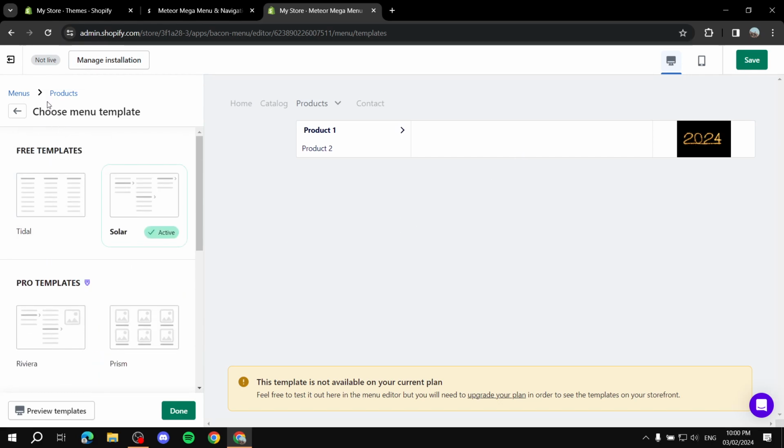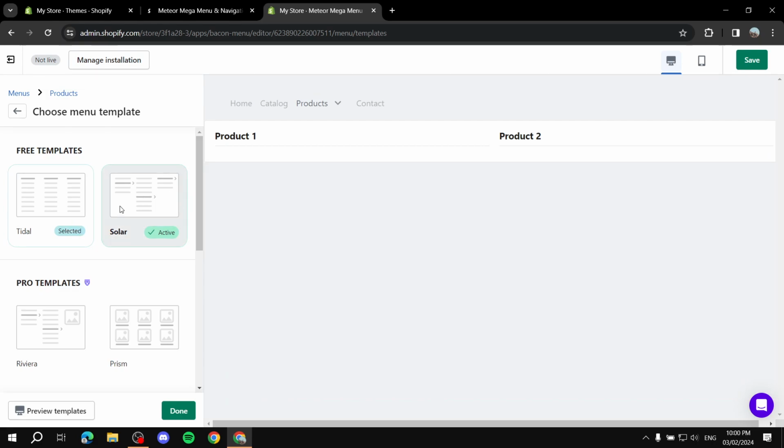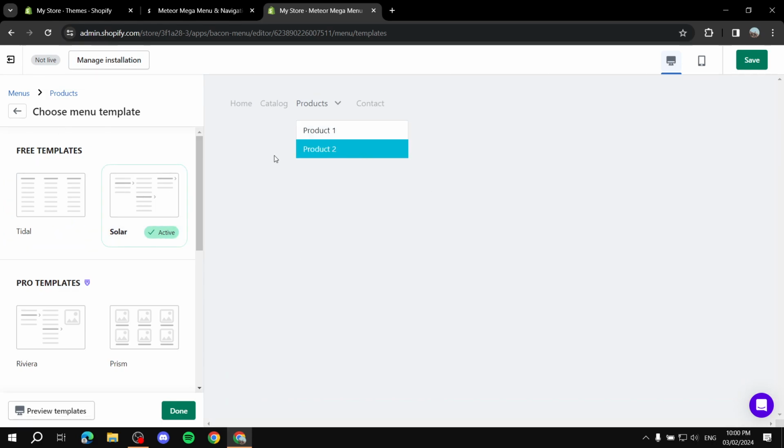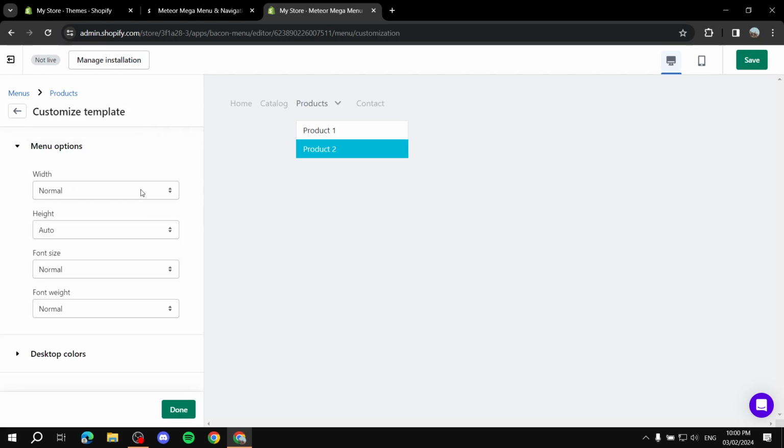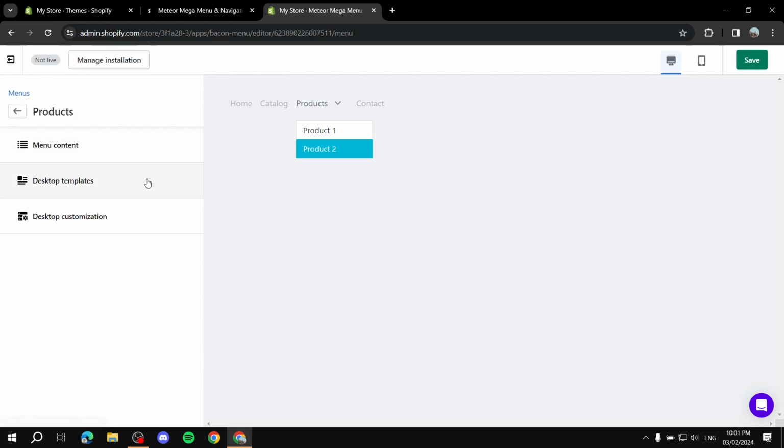And if you want to just change the image, you can do so from the first option that we talked about. And then obviously once you click on done, you can just go to desktop customization, which is going to give you more options to change, like the width and stuff, height, all that kind of stuff, which is very, very nice. So again, to just recap, you will need to actually go pro or premium,